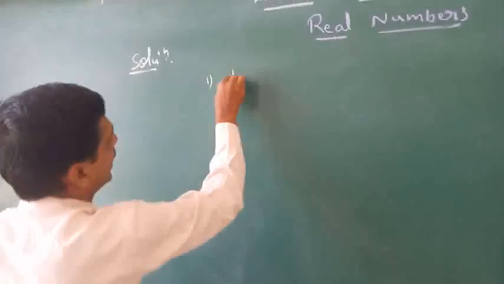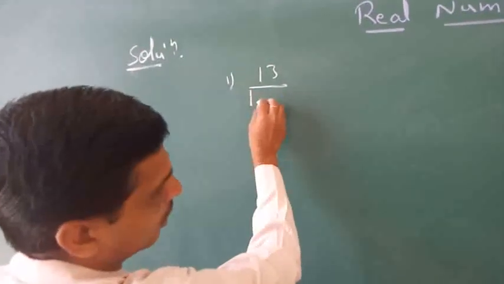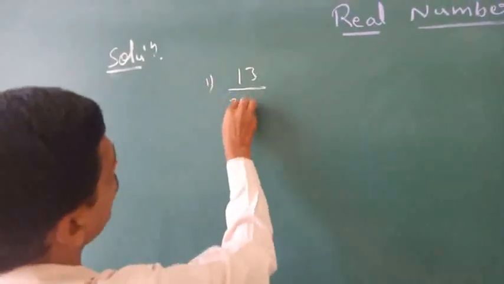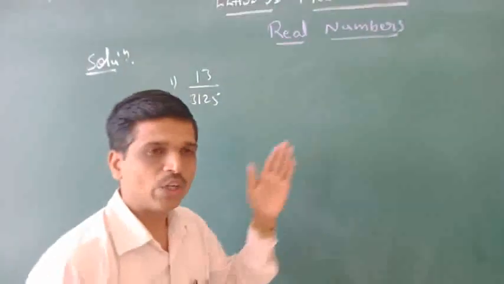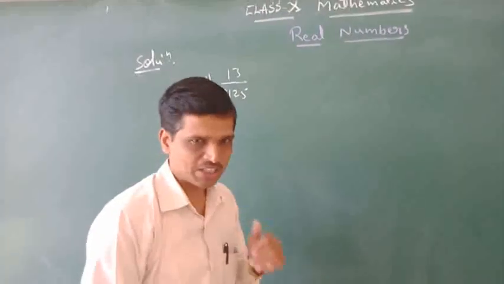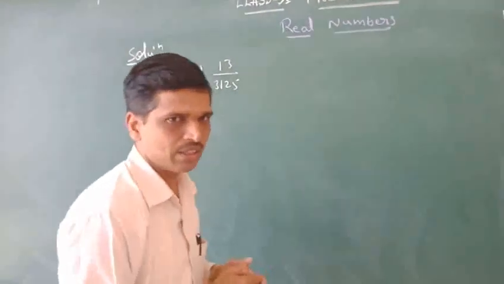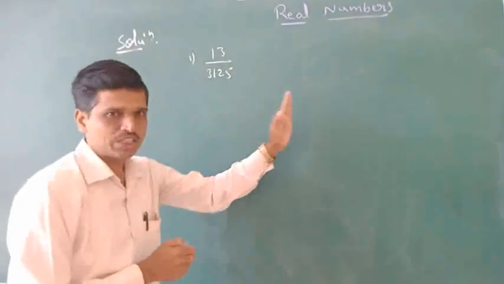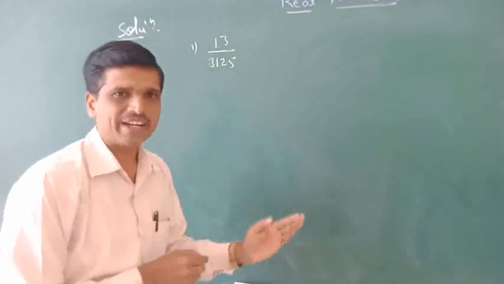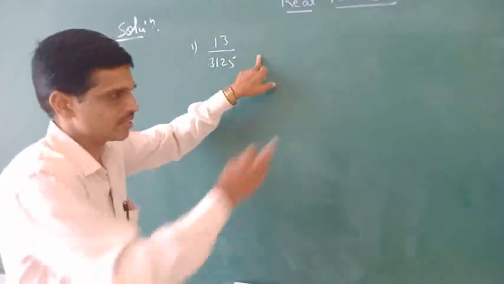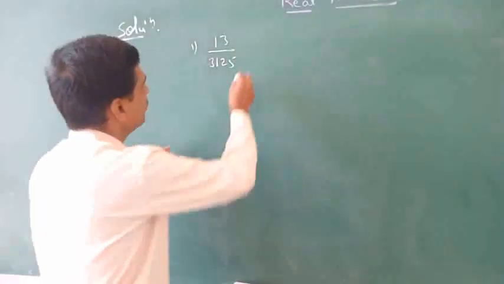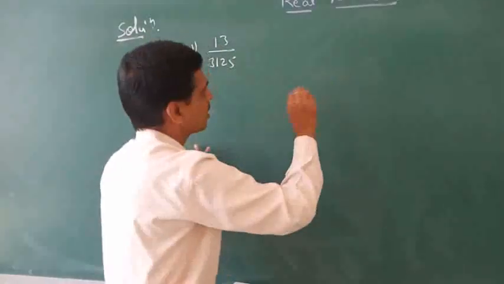Whatever they have given. First one again, 13 divided by 3125. Without actually performing the long division process, you classify them as terminating and non-terminating. Here, express them in the form of decimal expansions. That is the question that arises now. So for this purpose, we can use the long division process,